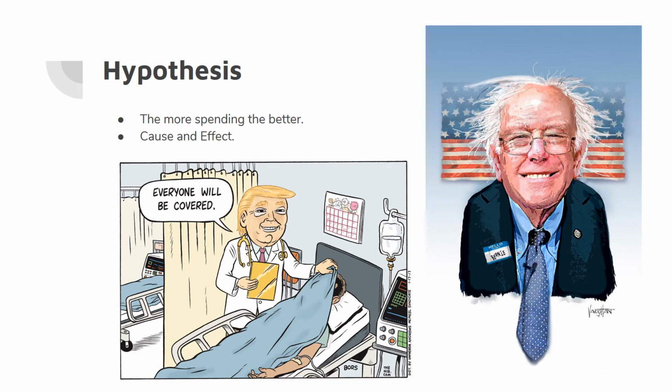Here is what I hypothesize. As countries start spending more on healthcare, people's lives start improving and they start to live longer. So, as GDP expenditure on healthcare increases, so does life expectancy. And this is a cause and effect relationship because in this case, the cause is going to be percent GDP expenditure, right? And the effect is how the percent GDP expenditure affects life expectancy, right? So as that increases, the other increases. As GDP expenditure decreases, life expectancy begins to decrease as well.